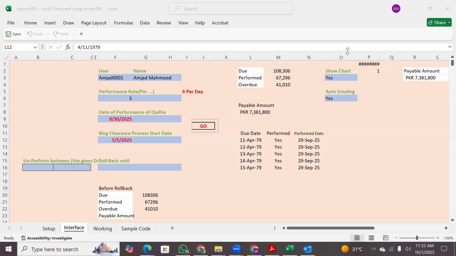Welcome to the series of videos in which we are developing the dashboard to manage our due activities and performed activities, and find out the report about how far we are from clearance of the backlog. The overdue activities are reported to the relevant user, and a common database is being shared by all the users, and